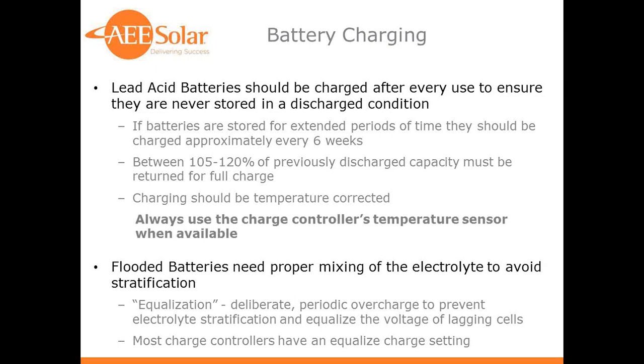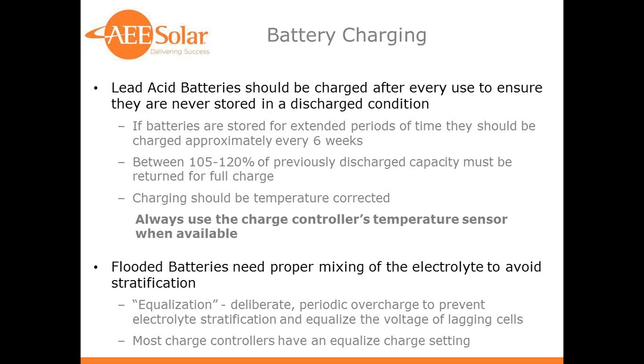Flooded batteries need proper mixing of electrolyte to avoid stratification. On a stationary battery, the electrolyte is a mixture of sulfuric acid and water, and the sulfuric acid is heavier than the water and will eventually settle to the bottom of the battery, and the water will kind of float to the top. So you end up with a very concentrated acid mix at the bottom and a very light acid mix at the top, and the heavy acid mix could actually corrode the plates, and it also distributes the active material unevenly. So equalization is done on them, and that's a deliberate periodic overcharge to prevent electrolyte stratification and equalize the